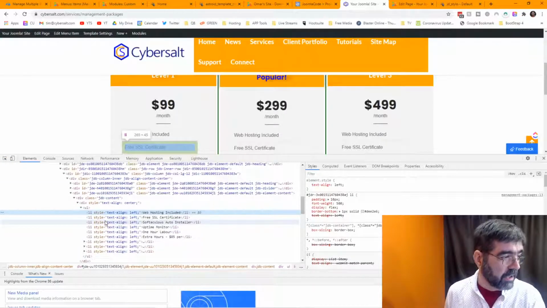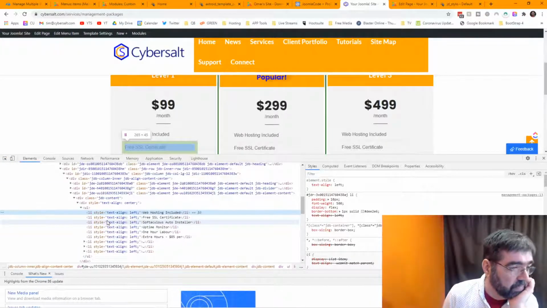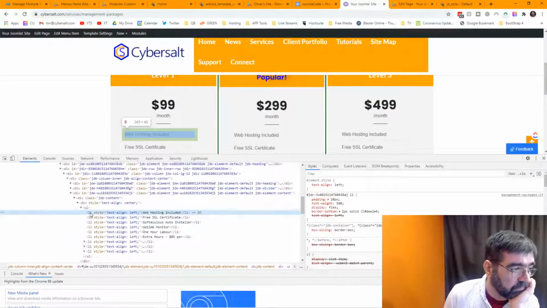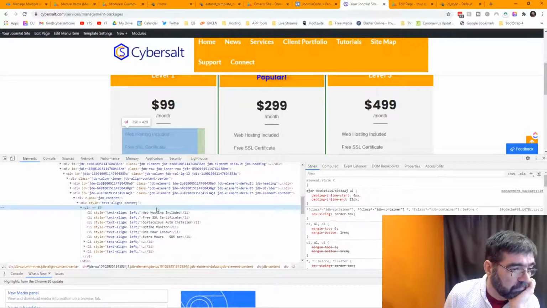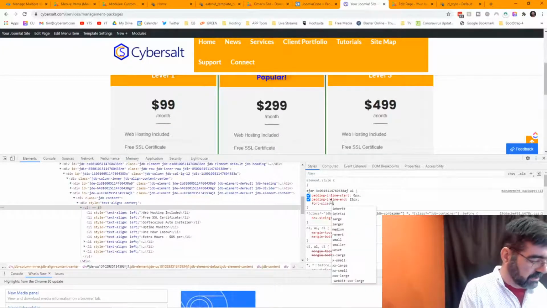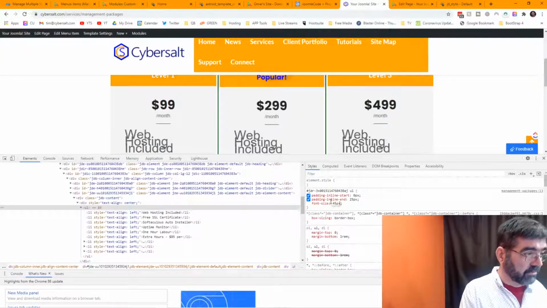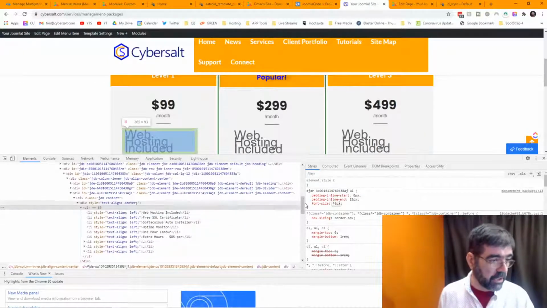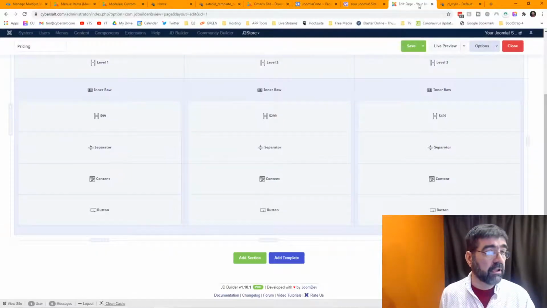Oh, that's UL. Let's see, font size 45 pixels. All right, so if I change UL to 45 pixels in here,